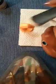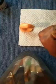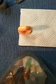So we're just taking the shine off the nail, and we're doing this simply because you do not want the acrylic to just run off the nail, and that's what will happen if it's too shiny of a surface. I'm going to show you guys the method of how to lay acrylic without having to use an e-file, because I know a lot of people that are doing their nails at home are not using one